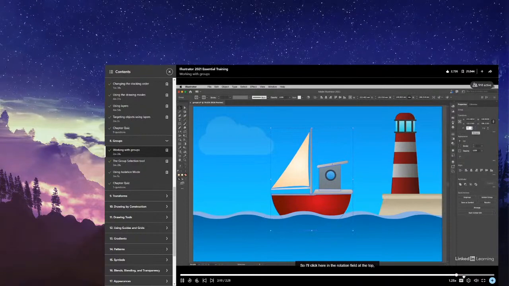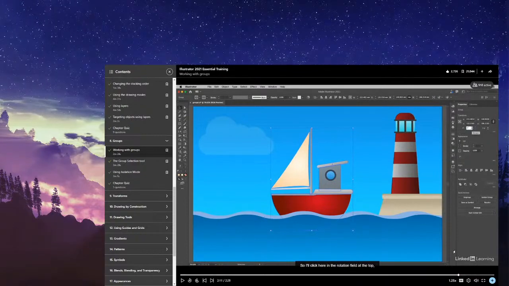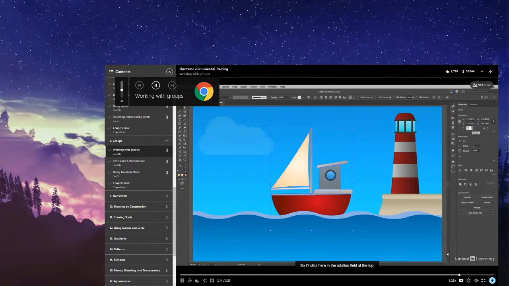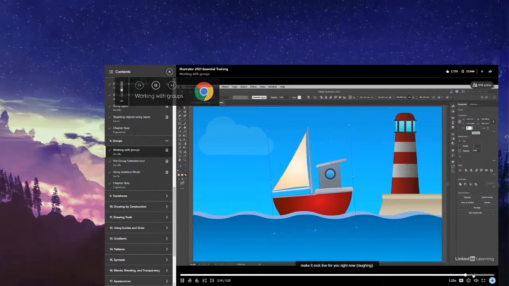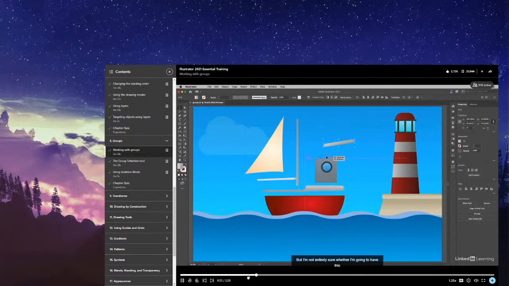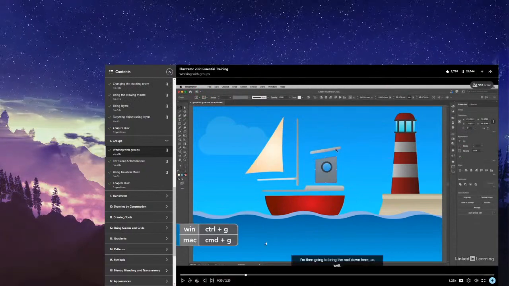So I'll click here in the rotation field at the top, and let's make that, there we go, make it steaming in there, and the sail. I'm not sure whether I'm going to have this pointing,